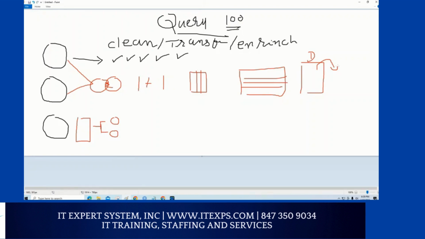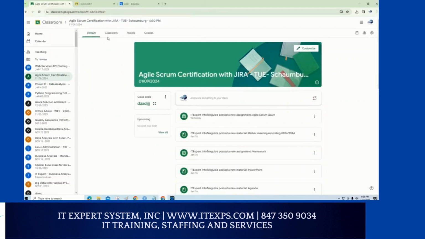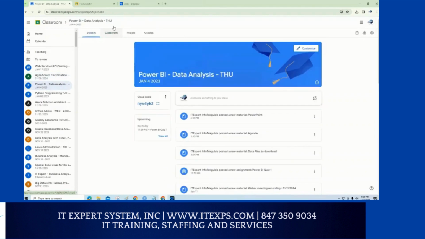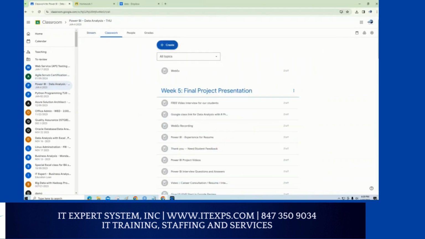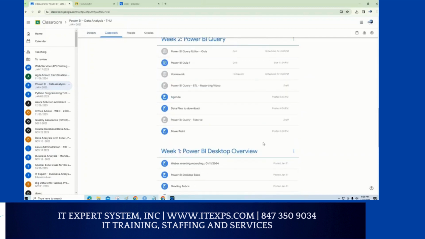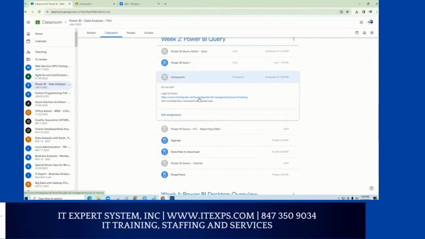Before I start, I just want to make sure I jump into the first forum because that's our main agenda. I'll put all the information in the Google Classroom, sorry, chat, so you have straightforward access to the content. So first, let me go to classwork, and this is our classwork, Power BI query, and this is going to be a homework, and here our